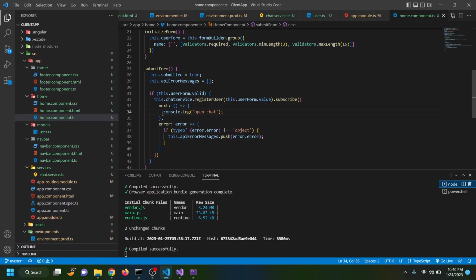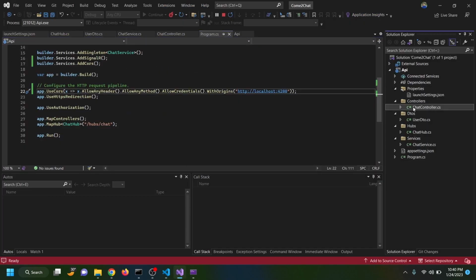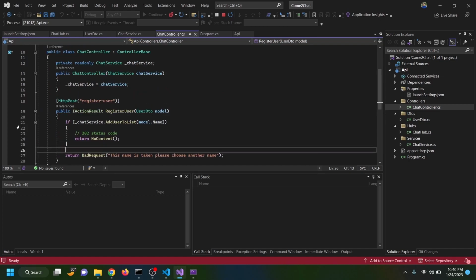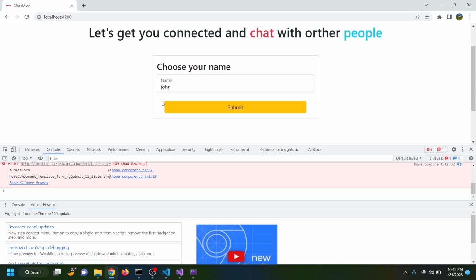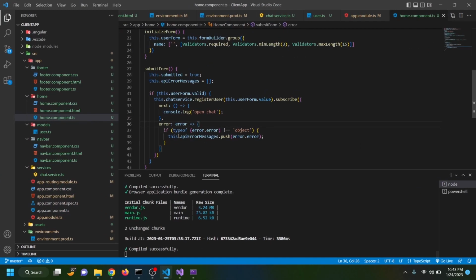This is because we have successfully passed our model to the API project, and that is coming from here. Since there is no content, and no content means success, we can see console.log open chat. But I would like to see some bad requests and whatever the API is sending back. So I would like to see that underneath my input field. So the way we do it, I open my